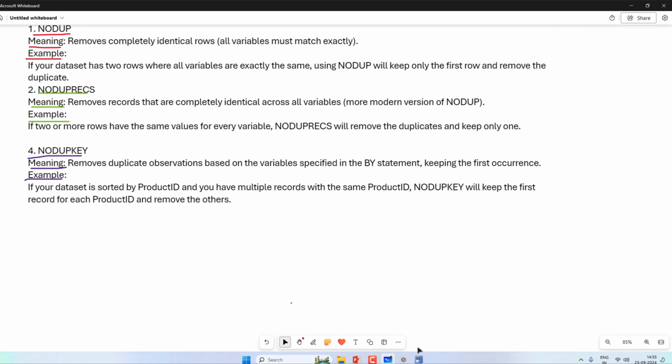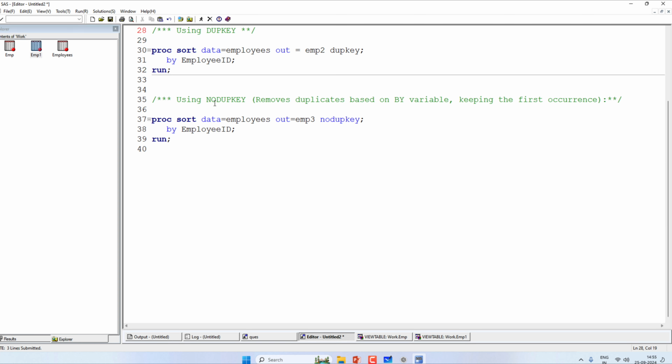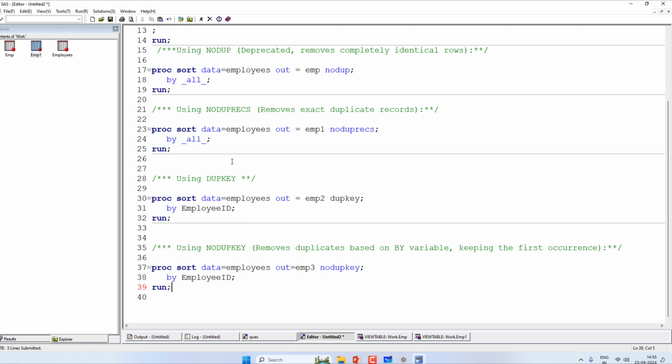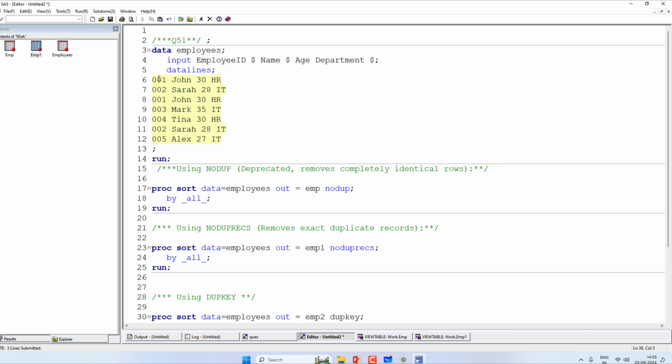For example, here I have used NODUPKEY to remove duplicates based on the BY variables, keeping the first occurrence. I am sorting the data set BY employee ID and writing NODUPKEY. BY employee ID is nothing but this one. First it will sort the data by 001 and 001, and next 2 and 2, 3, 4 and 5.